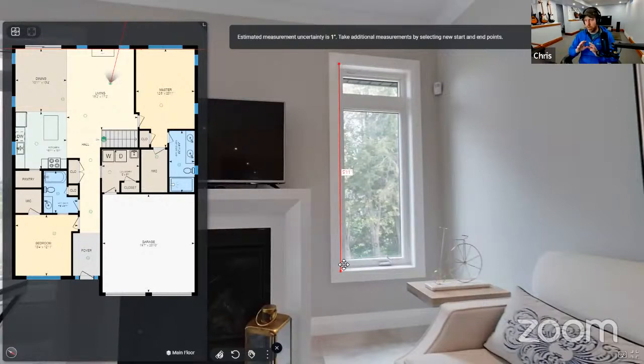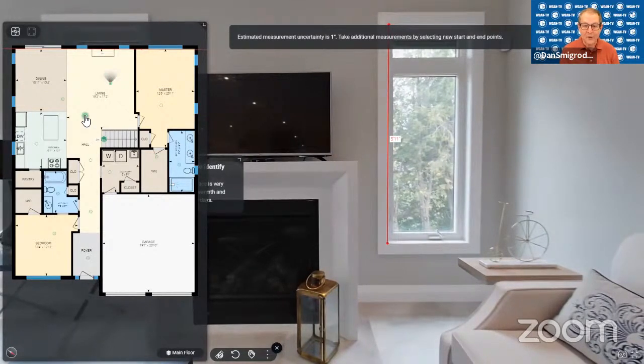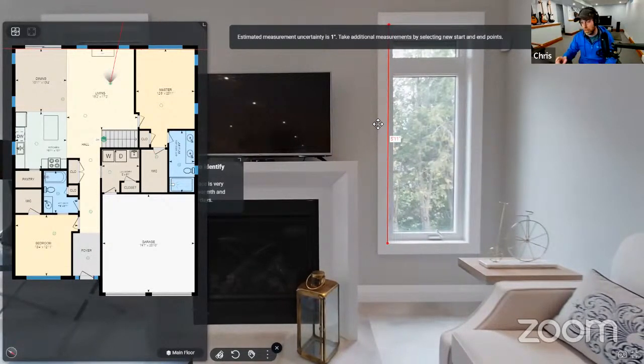So I'm not going to pretend to be a complete expert on exactly how this is done, but the measurements are done basically to within a margin of error that will be reported to you, and it will vary depending on circumstances. So that message isn't always the same, it's not static. It will change depending on the pano that you've chosen and the measurements that you've done. The pano is the panorama, the 360 images that compose the tour. Exactly. If that wasn't clear, thank you for the explanation.